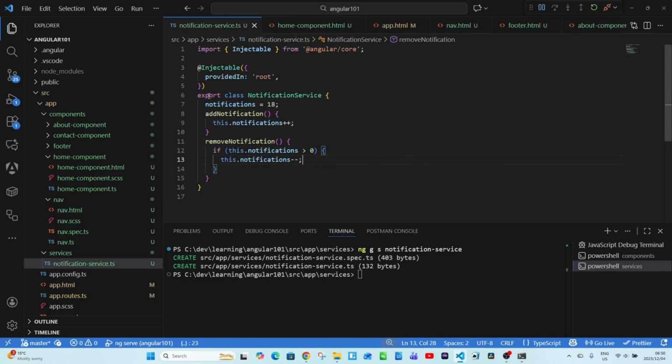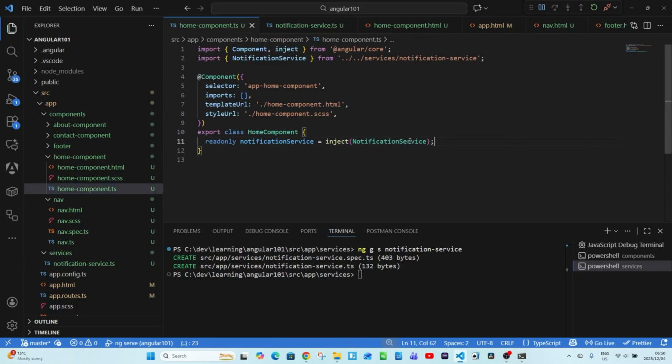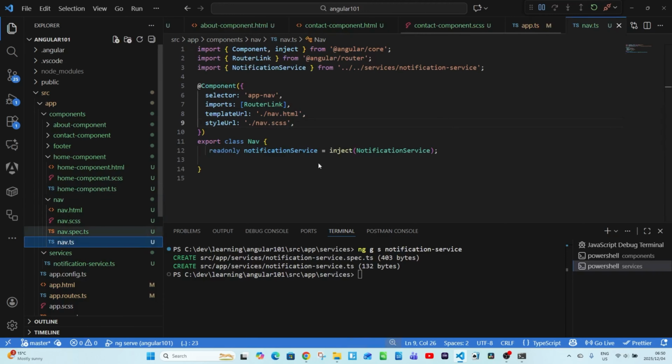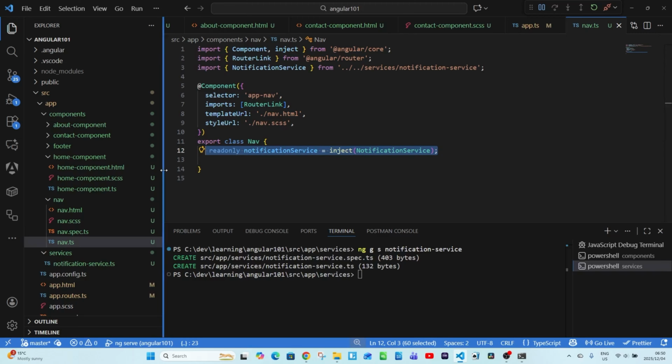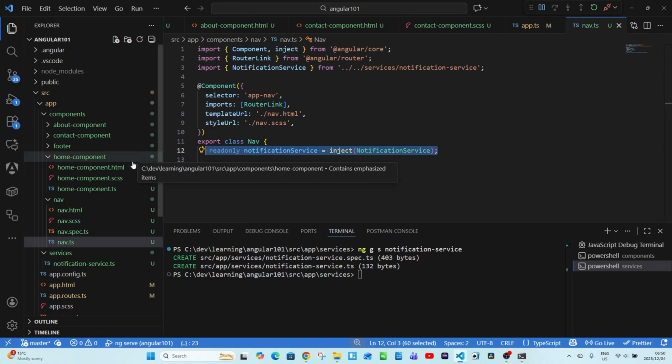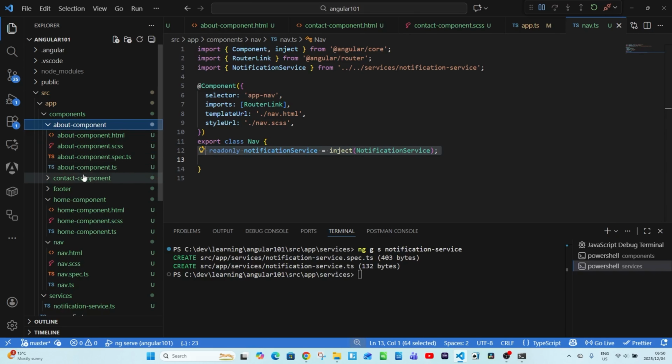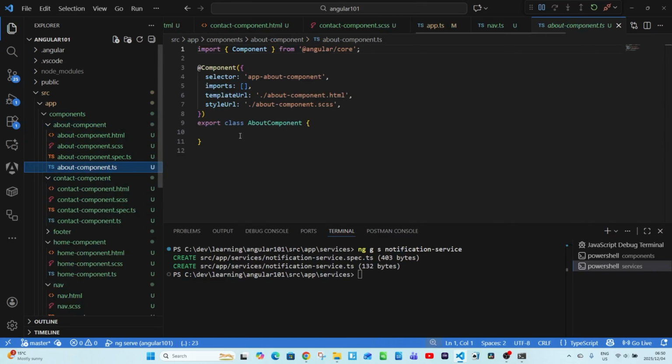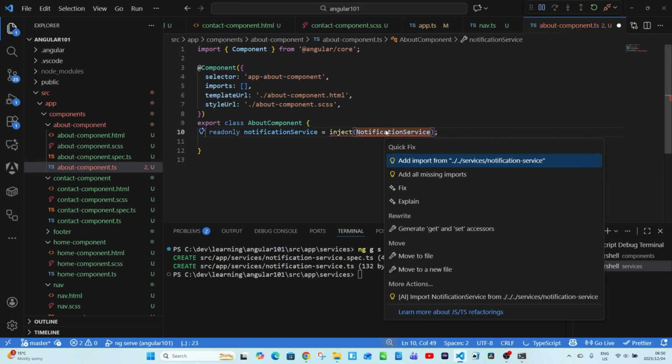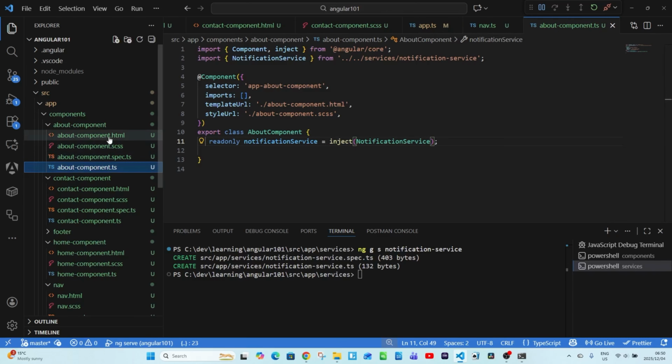You create a service, Angular will add the decorator called Injectable, that's what makes it a service. Then it's a class name, then you can put your logic over here, and then this logic can be shared. If you want to use it in the home component, you just inject that service. If you want to use it in the navigation component, you inject the service. Then you should be able to have your state shared across components. Okay, if you want to do this in the about us component, for example, again, you can just go there and inject the service, add all missing imports, and then here